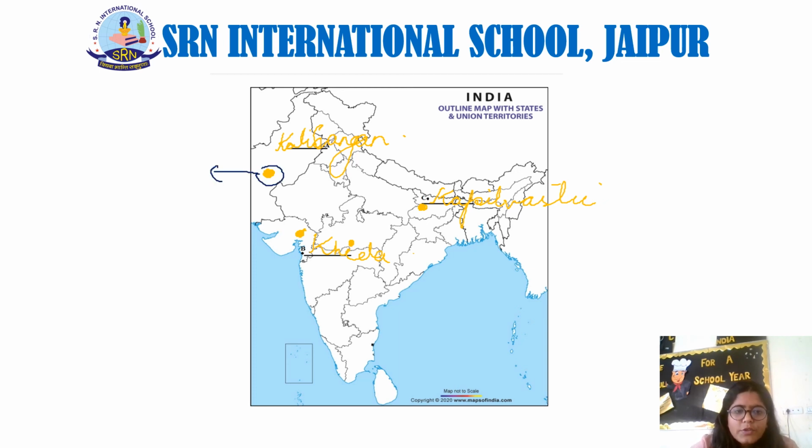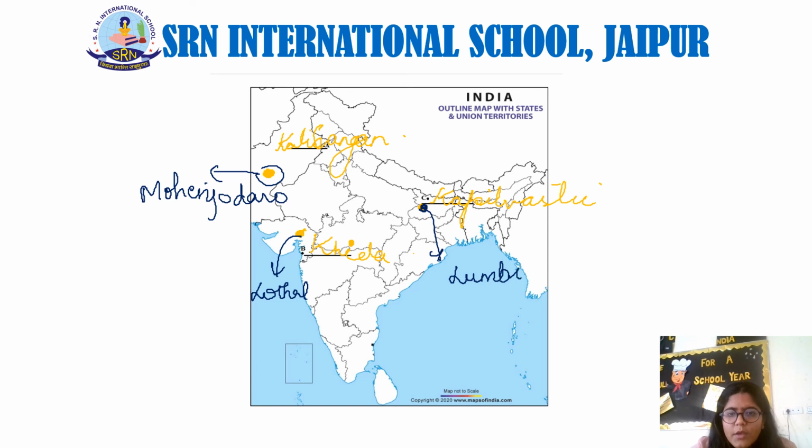It is Mohenjo-daro, which is right now in Pakistan. Here it is Lothal, which is now part of Gujarat. Then here, this is Lumbini. You'll tell me what is the significance of the place Lumbini. And here in Madhya Pradesh it is Sanchi. Now moving to the next, we were given three sites. The very first was A, this one. This A is Kalibangan.